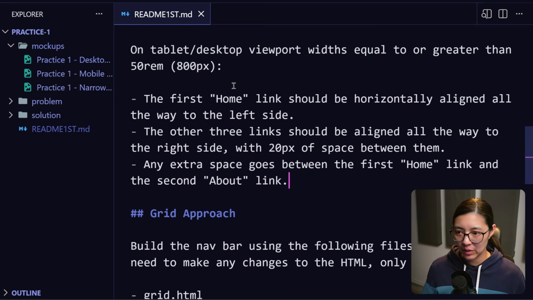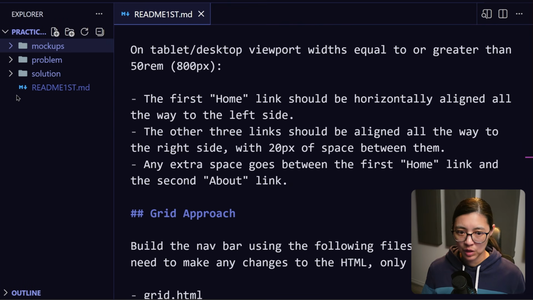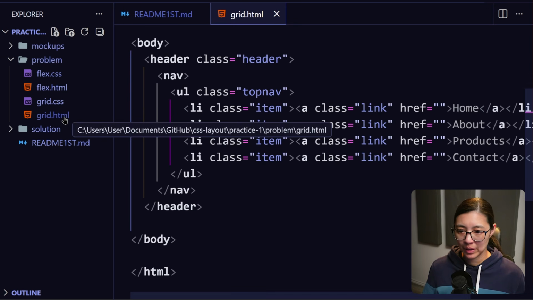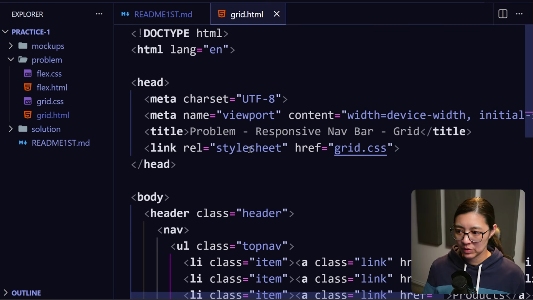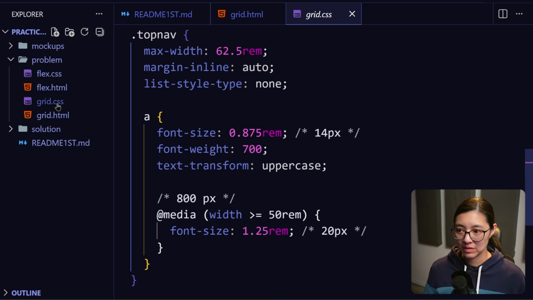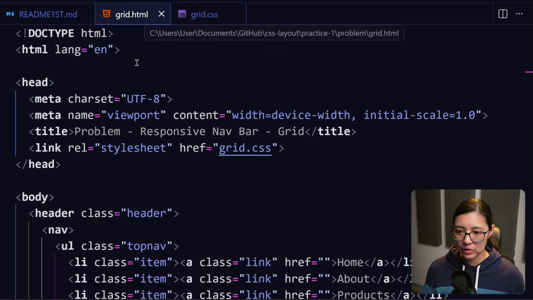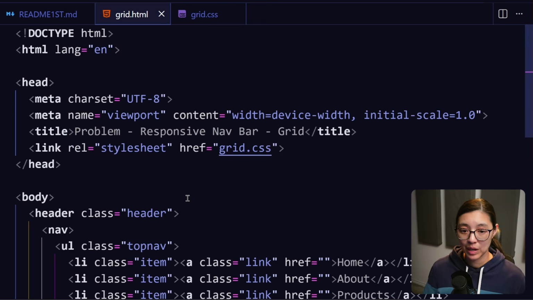Now let's check out our starter files. So this is going to be in the problem subfolder here. And we're doing grid first, so I'm going to open grid HTML. And grid HTML is loading grid.css for its styles. There we go. Okay, so going into our HTML file, let's take a look at the markup that we're starting